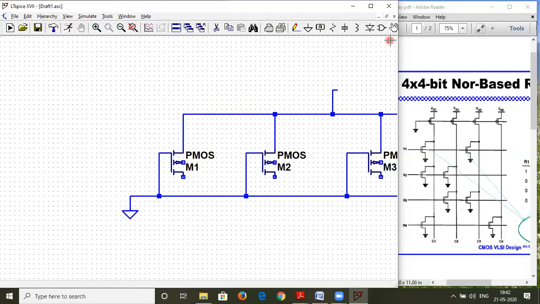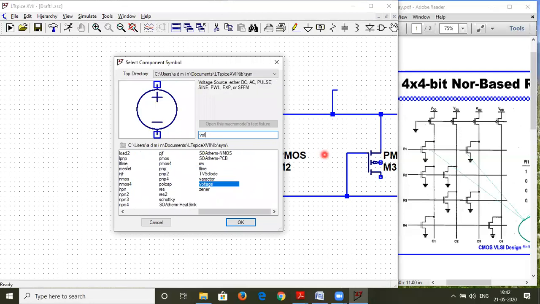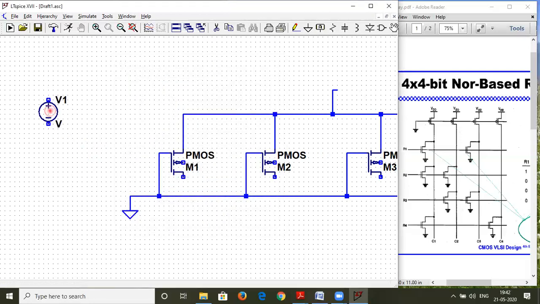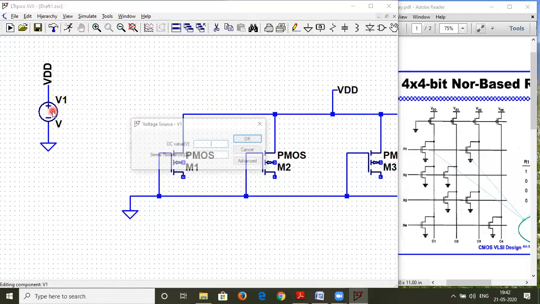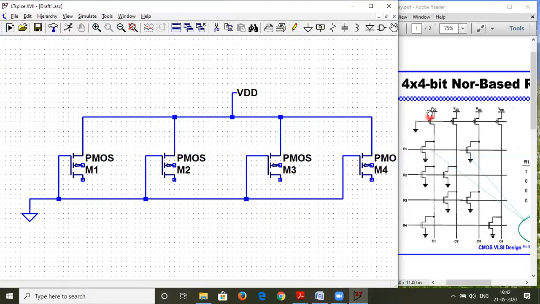Okay. So what I will do is I'll select a voltage source and give around 5 volts to it. So this is my voltage source. I'll do the connections over here, connect it to the ground, and let me label this as VDD. And we can also label this as VDD now. Let me give this around 5 volts. So 5 volts is applied over here as we have to apply the VDD over here, as you can see on the right hand side of your screen.